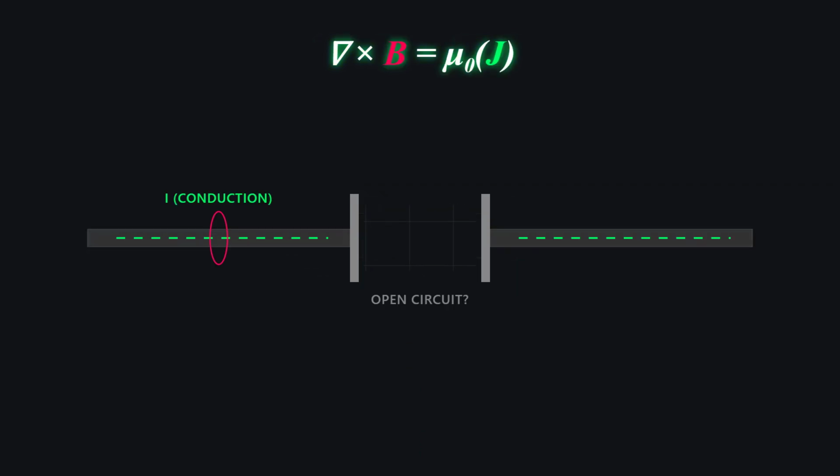Ampere's circuital law relates the magnetic field circulating around a closed loop to the electric current passing through the enclosed area. Specifically, the line integral of the magnetic field, B, around a closed path is proportional to the enclosed conduction current. This law explains how steady currents, such as direct current flowing through a transmission wire, generate a surrounding static magnetic field. This relationship is critical for designing powerful electromagnets, solenoids, and calculating the magnetic coupling between adjacent traces on